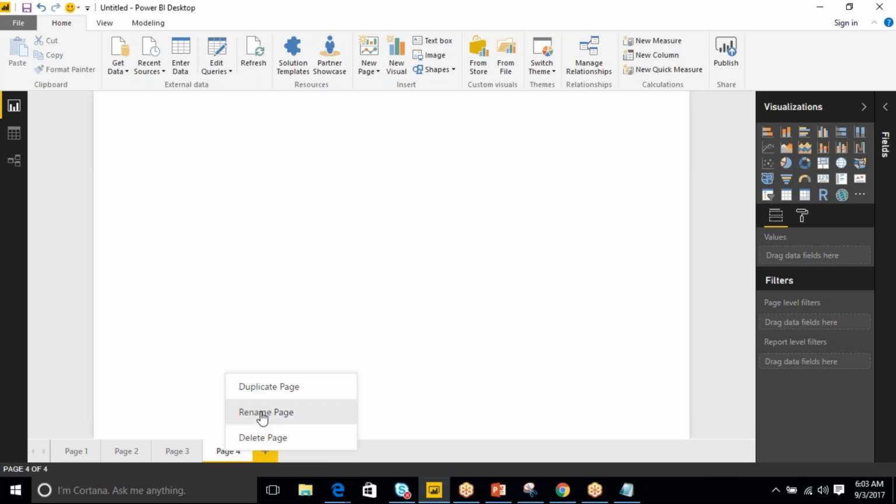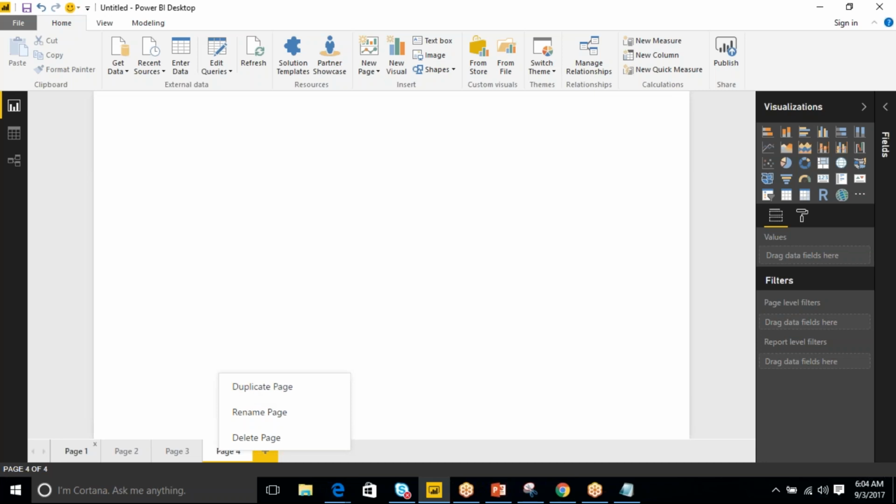Renaming a page is fine. As part of our normal reporting, each and every page needs to have a proper header and a proper page name. If you want, you can give a name there, or if you want to duplicate a page. Sometimes the reports contain a similar format and the same set of filters, especially in service based companies, where the same set of filters will be applied for all the reports. If you are going to create a report with a similar format, then instead of redesigning the complete pages,